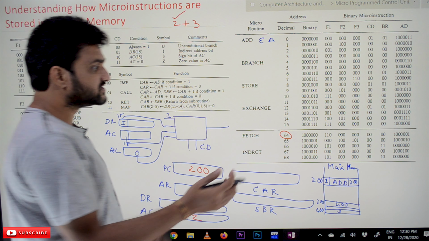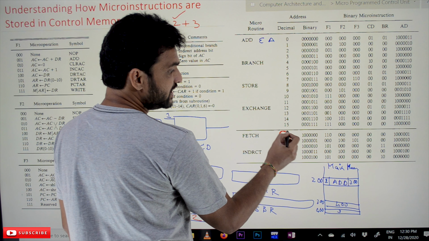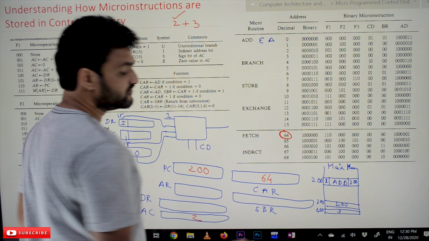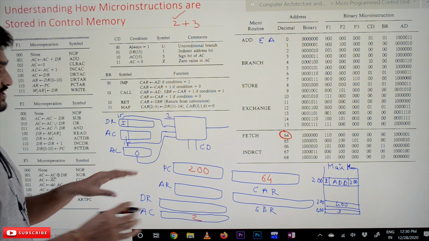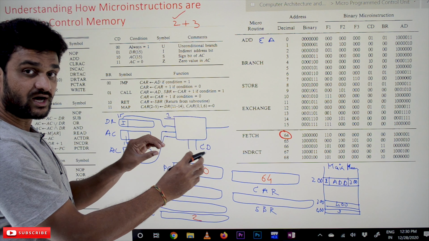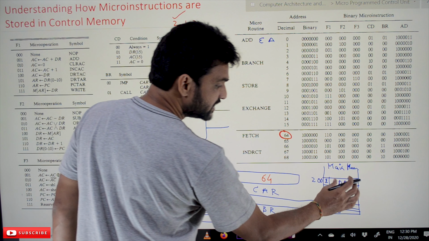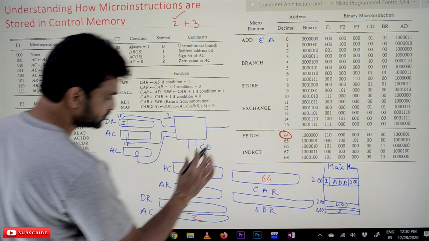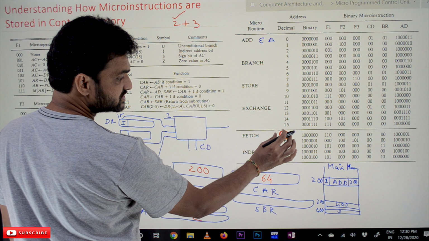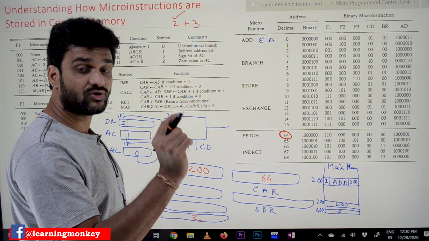So to fetch the instruction, the first micro instruction address of the fetch has to be transferred onto the control address register. Whenever we switch on the computer, these are the basic things that will happen. The program counter is stored with the first instruction's address, which is 200 in our case, and 64 is the fetch instruction's first micro address.